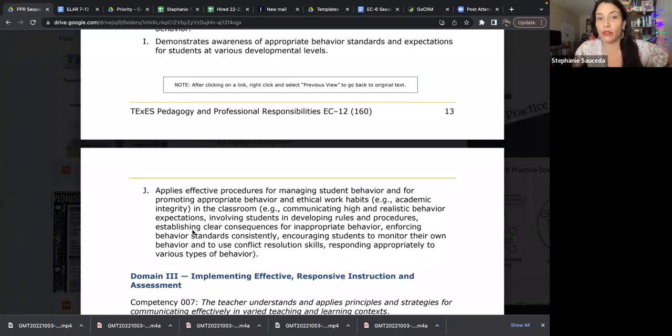Respond appropriately to various types of behaviors. We want them to respond, which means we have to respond. We're going to get all types of behaviors, but they're all watching us. In my many years of teaching, I loved all of my students. I don't have one that I disliked, but I did have some that were trying, where they would do things on purpose, some of them might have had ADHD. I don't really remember at this moment, it's a while ago, but